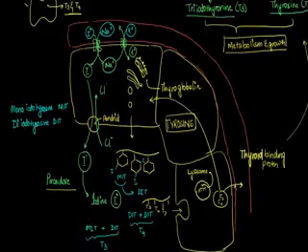The T3 and T4 hormones then travel into the blood vessel. They combine with thyroid binding protein and are carried to the target tissue where they carry out their function of metabolism and